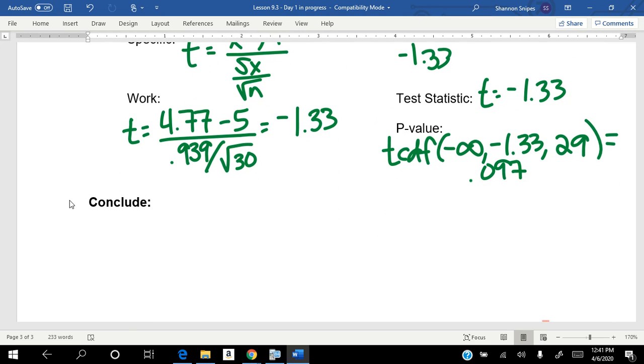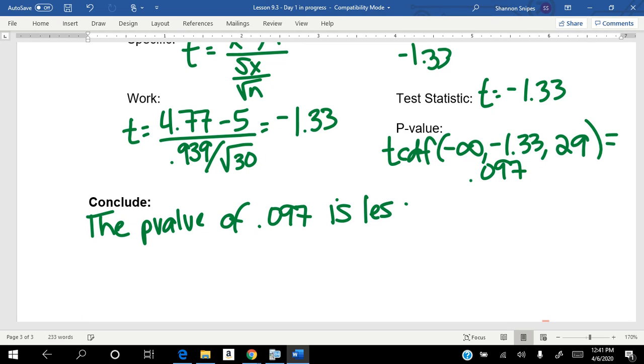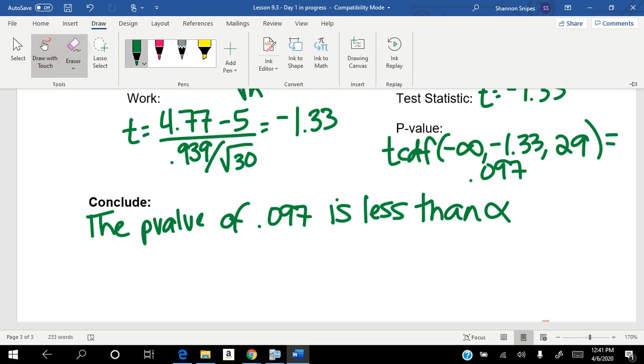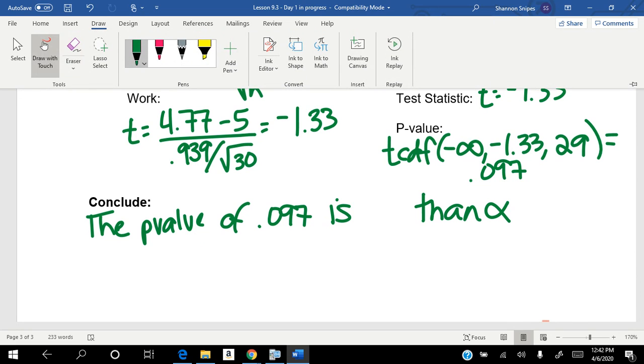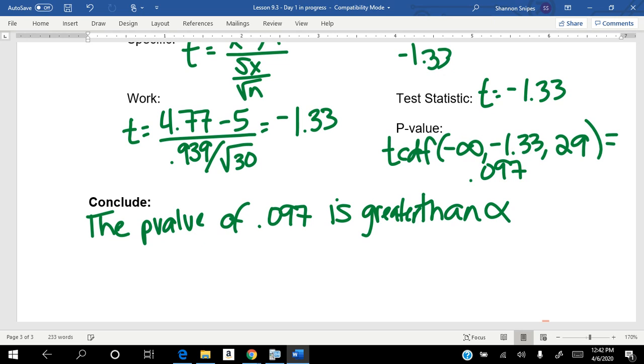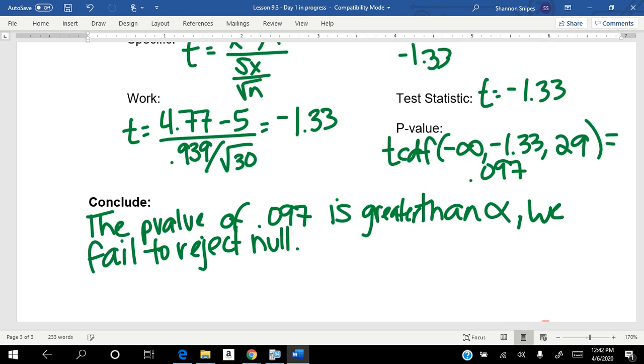So in conclusion, compare this to our alpha level. Since our p-value of 0.097 is less than alpha. Oh, wait, it's not less than, it's greater than alpha. What am I doing? I forgot our alpha level for a second. Greater than alpha, we will fail to reject our null hypothesis. We do not have convincing evidence